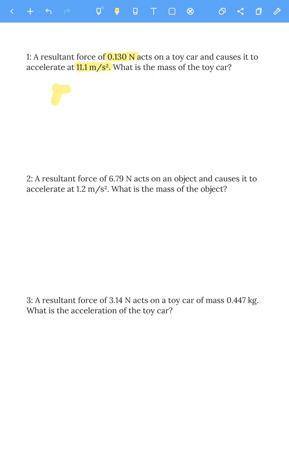So F equals ma. So force is mass times acceleration. So rearrange to find mass, so I need to get rid of a times a. To get rid of a times a, we need to divide by a on the other side. So the mass is simply the resultant force divided by the acceleration. So the resultant force is 0.13 divided by an acceleration of 11.1, which gives us a mass of the toy car of